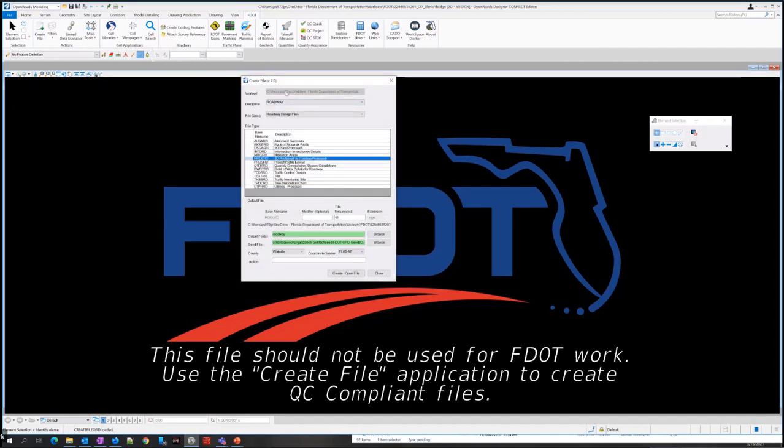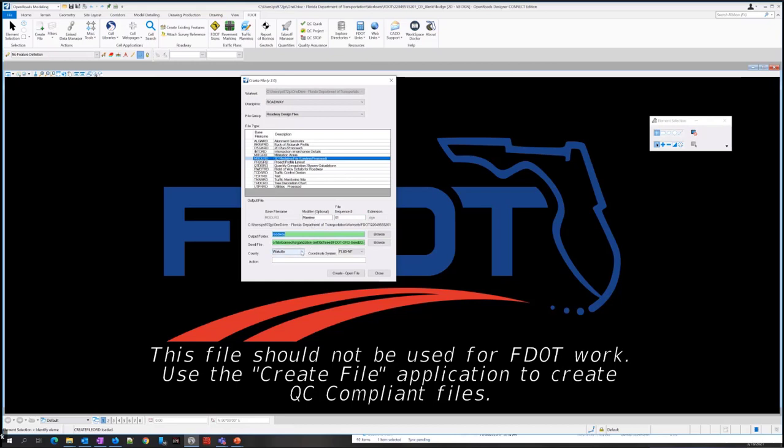It should be in your work set, and that one's probably grayed out. For the discipline, we want to do roadway. Then you want to do roadway design files for the file group, and we're going to select the MODL RD, the 3D modeling file. We're on step 3 here, so I'm going to call it the MODL RD mainline, and then for the sequence, we'll do 61.